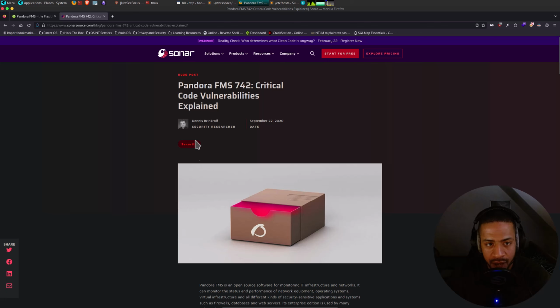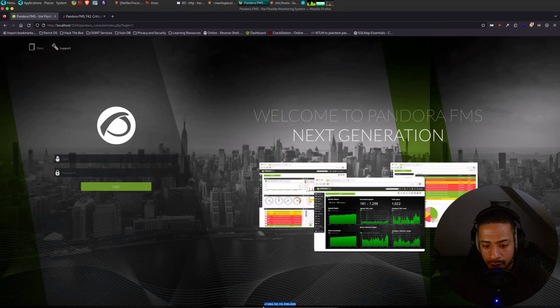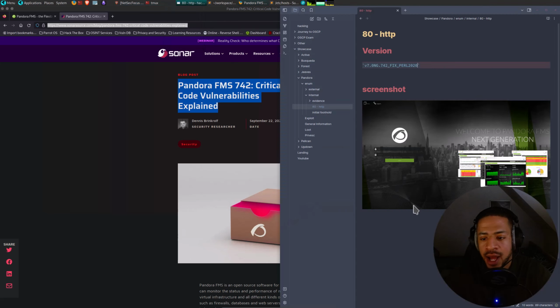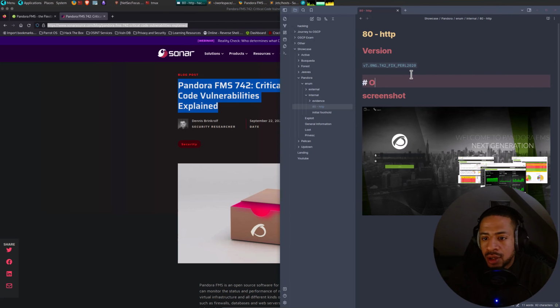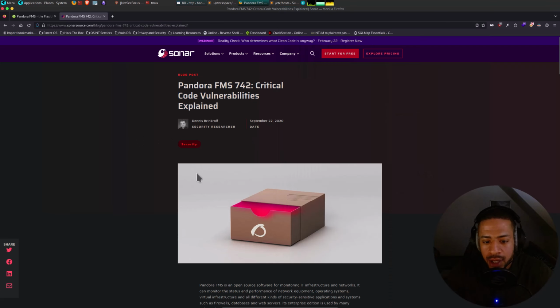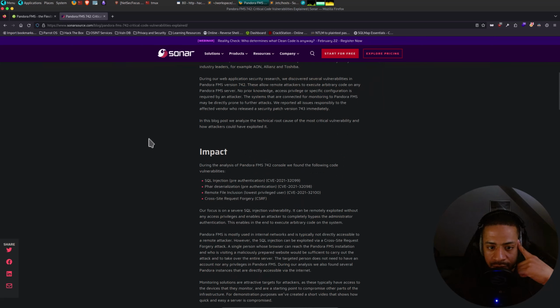Which one do we have? 742, perfect. And there are some critical vulnerabilities. Let's take this link and put it onto here. Okay, what do we have?